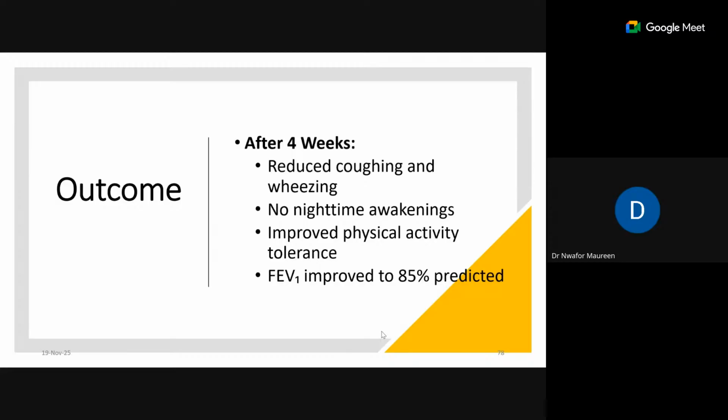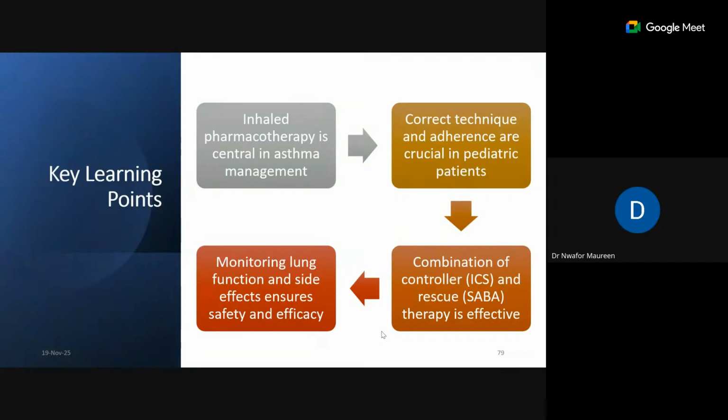After 4 weeks, you find that there is reduced coughing and wheezing, no nighttime awakening again, improved physical activity and tolerance in school, and FEV1 improved to 85% predicted. So our patient became fine. Key learning points: inhaled pharmacotherapy is central in asthma management. Correct technique and adherence are crucial in pediatric patients. You have to combine corticosteroid and bronchodilator agents, then monitor lung function and side effects to ensure safety and